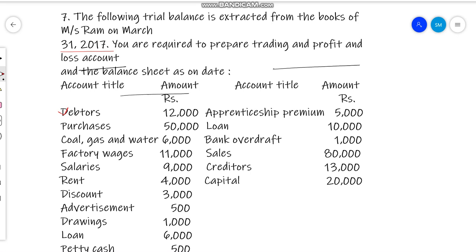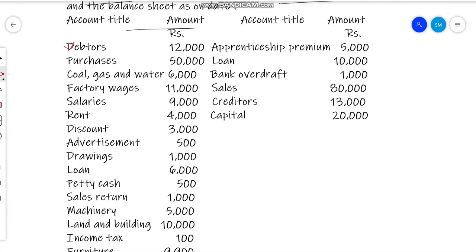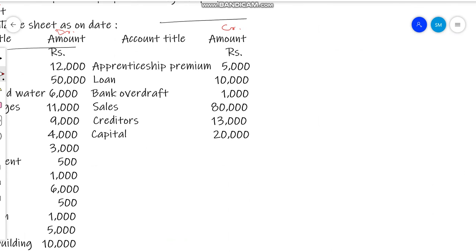So these are some expenses they have given. We know that this is our debit side, this is our credit side. Before going into those expenses, you need to remember four things. I know all assets are debited, all liabilities are credited, all expenses are debited, all incomes or gains are credited. While doing journal entry, we all read this.